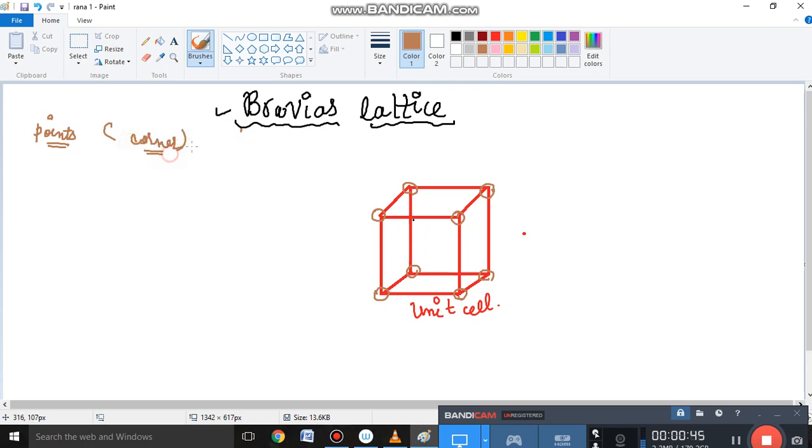But the detailed study of the crystal was made by the French mathematician Bravais in